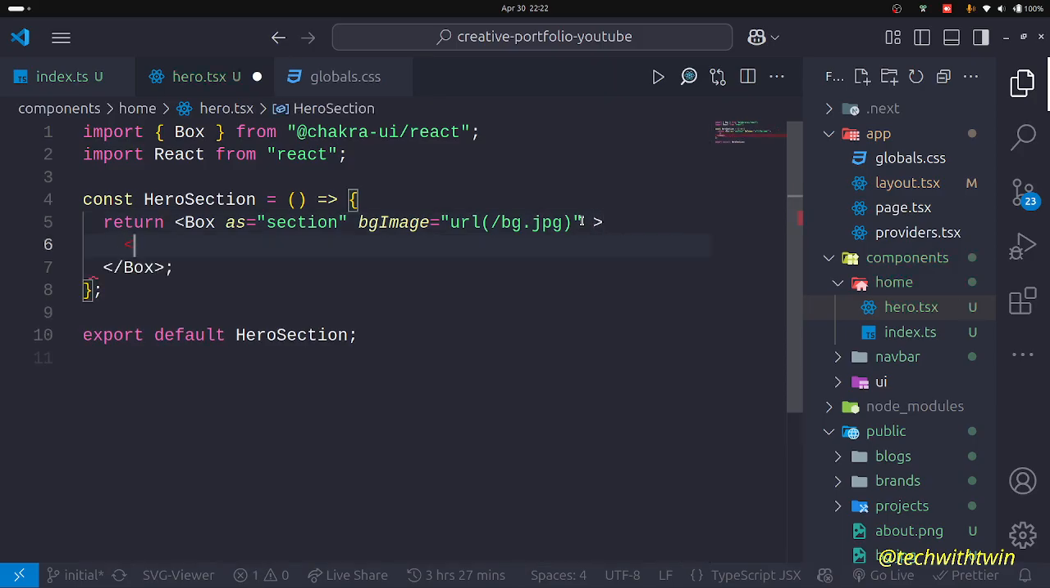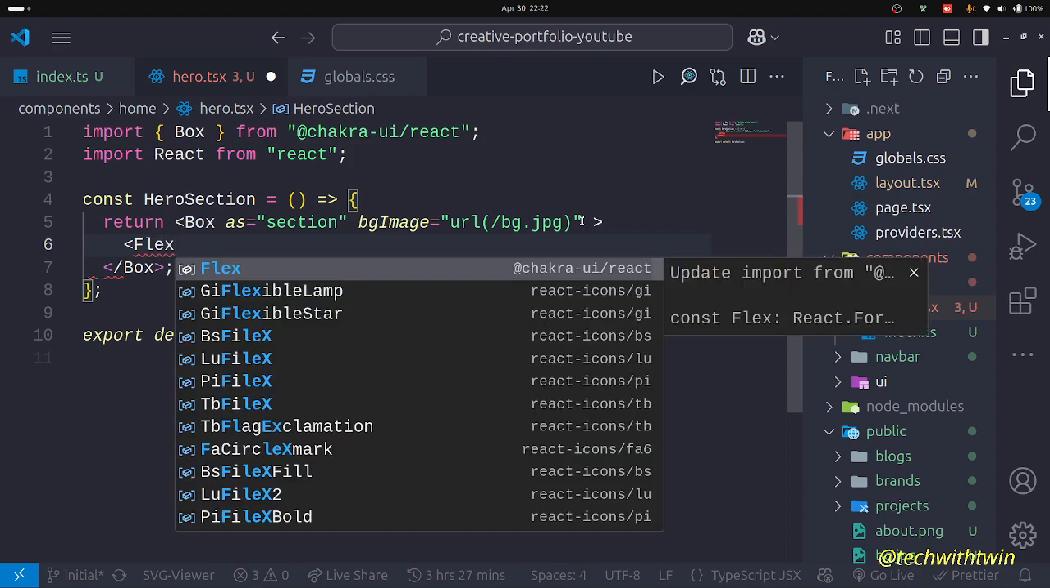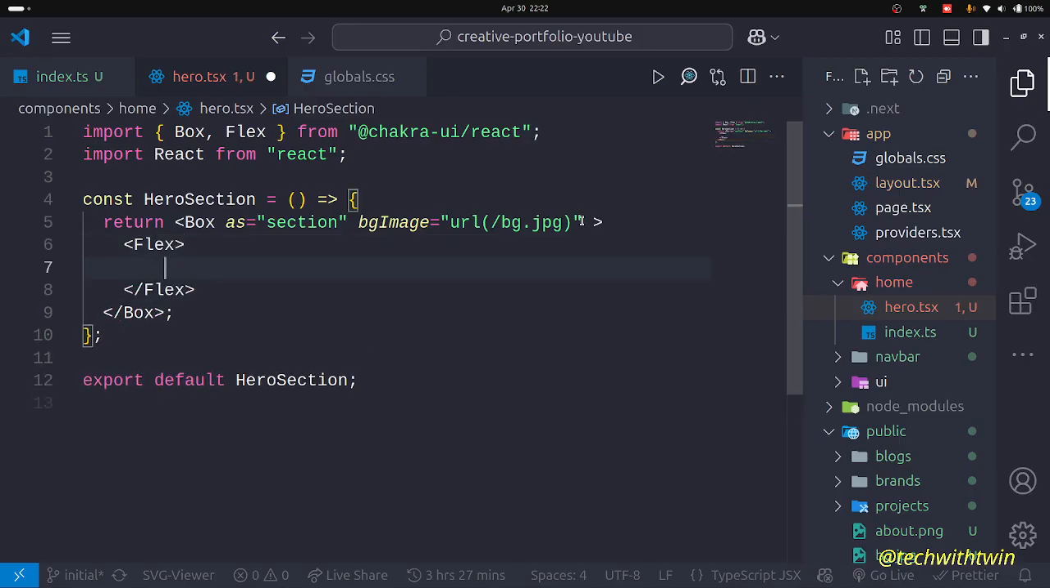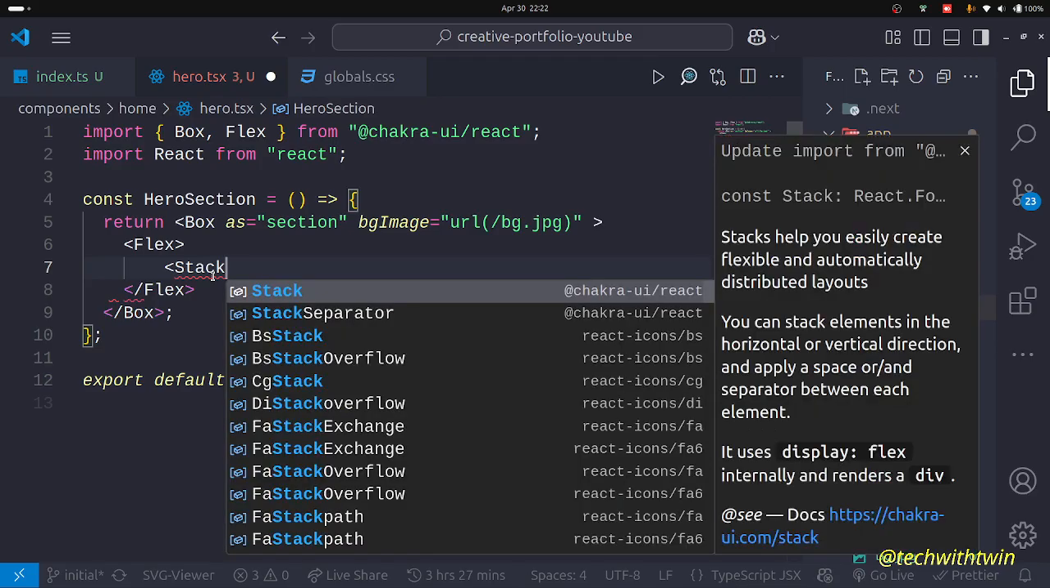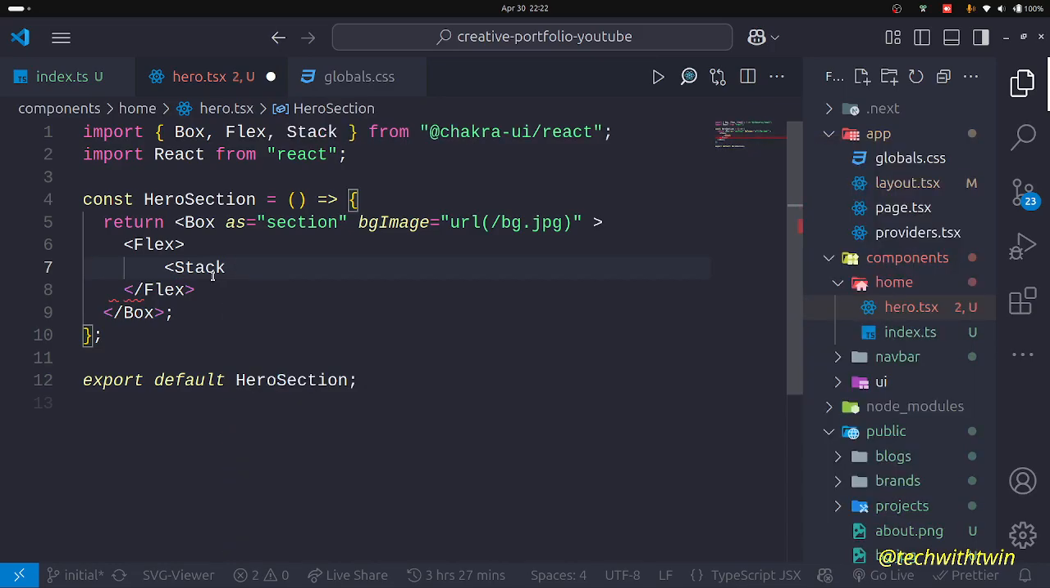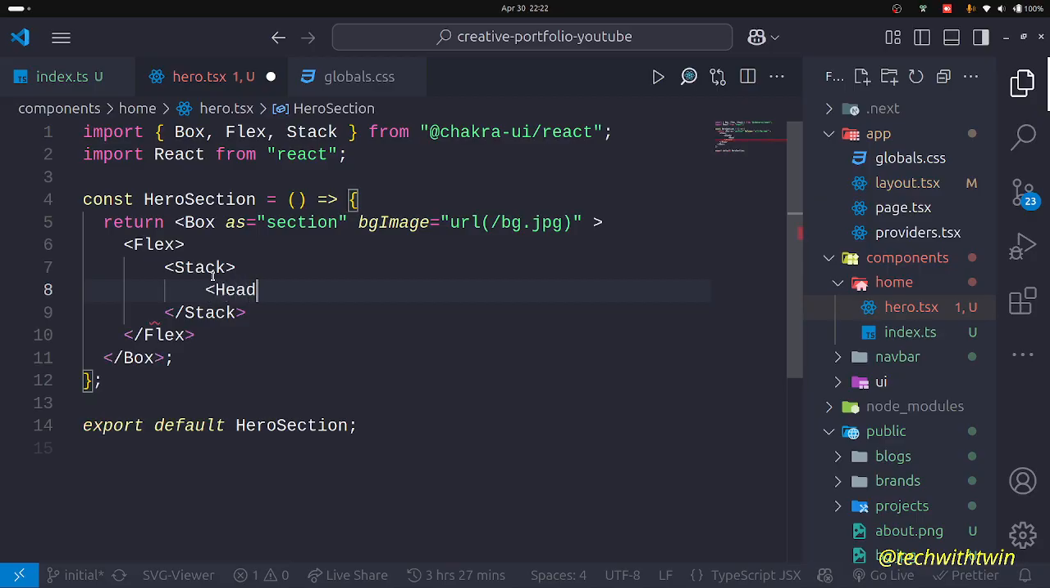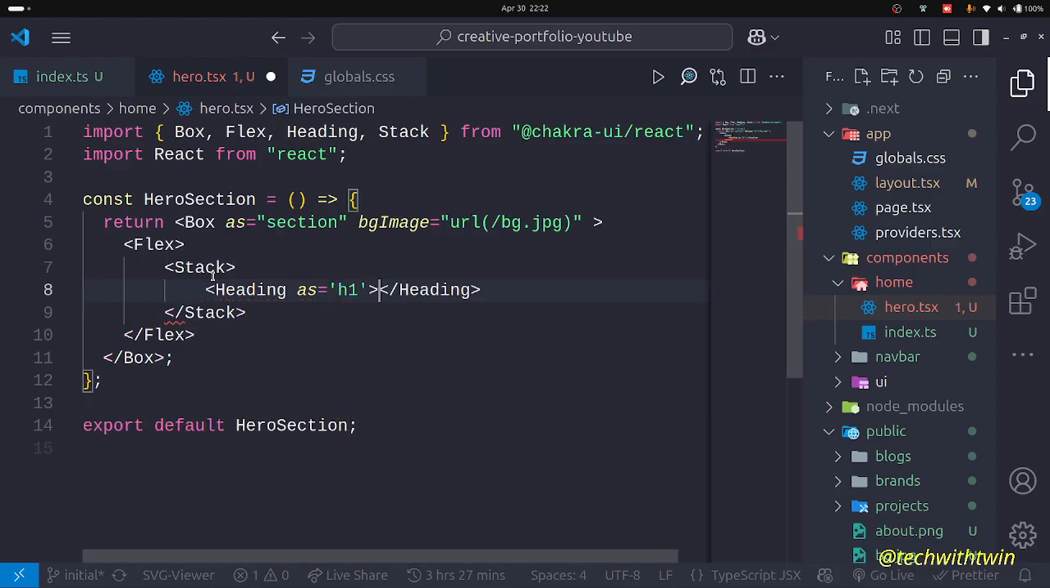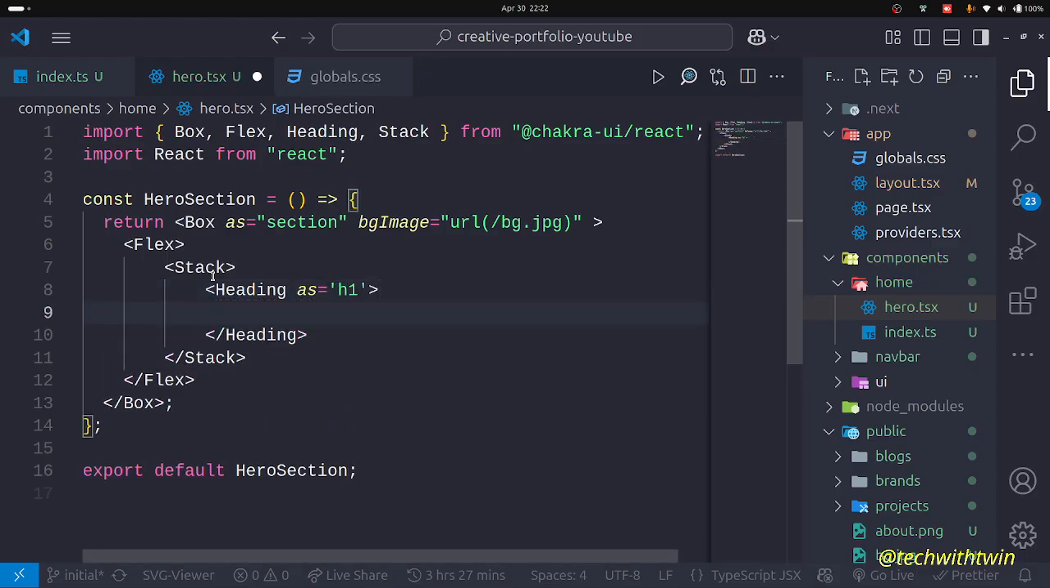The next thing I need is a flex container to hold the text. And inside, this one should essentially hold another container. So let me just show you another container called a stack in Chakra UI. This one will just hold our heading. I showed you a heading. Then for semantics, I want this one to be an h1 element, which will say, hey,